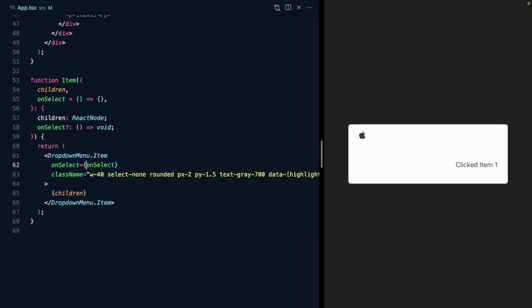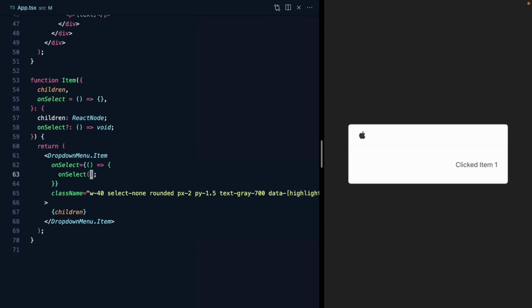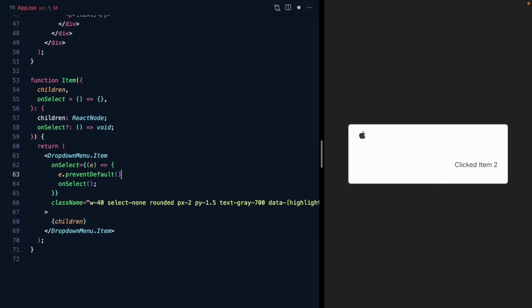And so the first step here is going to be to make a function so we have a little bit more control over this. Because if we just run this onSelect, Radix is going to do the default behavior of dismissing the menu. So in order to prevent that from happening, we can actually call e.preventDefault in our onSelect prop from Radix. And so if we do this, we see that the menu doesn't get closed. We're still running our select right here. That's what we pass in. But if we just prevent default, nothing happens to the actual menu,